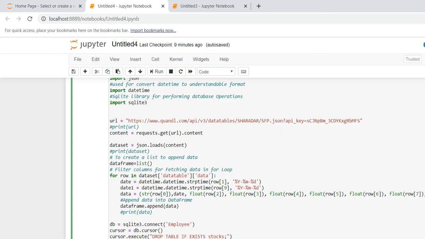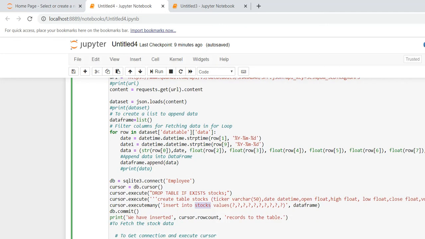So instead of giving single data, I'm giving a data frame. Here you can see I'm using execute many. This executemany will run as a bulk data upload into the SQLite stocks table. Once it is completed, I'm committing the database.